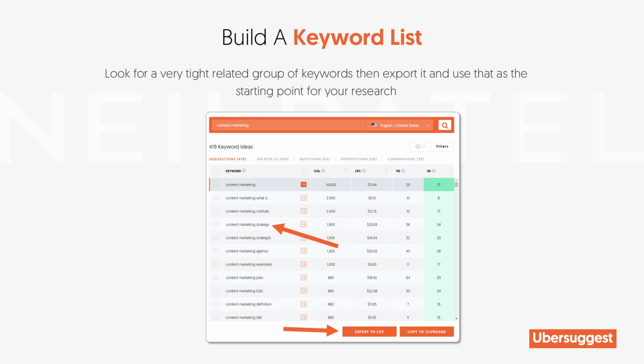Now, when you're using Ubersuggest, you'll need to build a keyword list. This will help you with all those ideas, right? Whether you got it from Google Trends or YouTube or just browsing around and looking at competitor channels, once you have all these ideas, you need to build a list. And on Ubersuggest, you want to save those keywords that are the right fit for videos that you can create around those topics, export them to CSV so you have them and you know that's what you should aim for in the future as well.